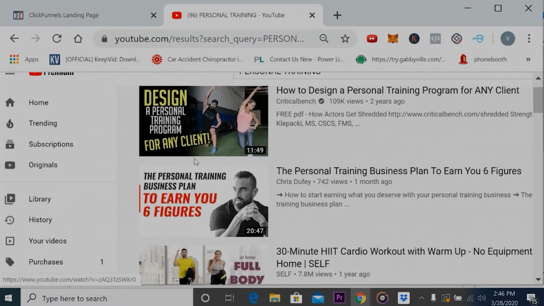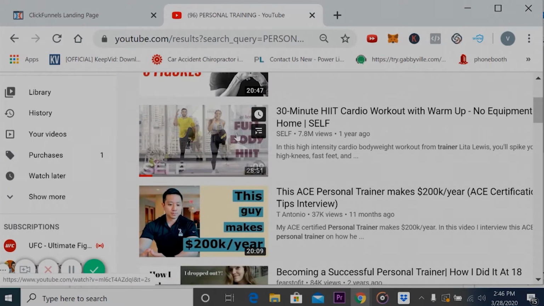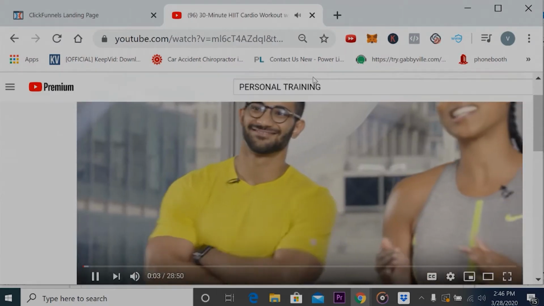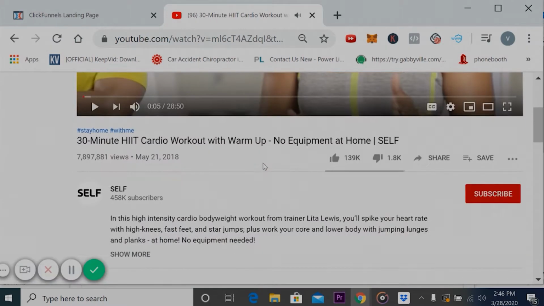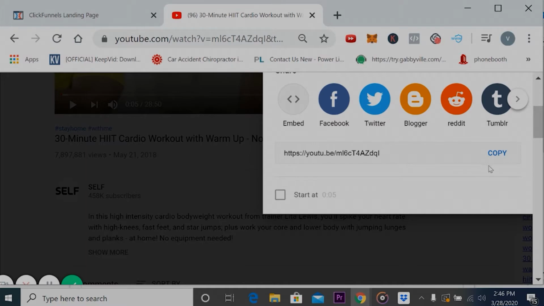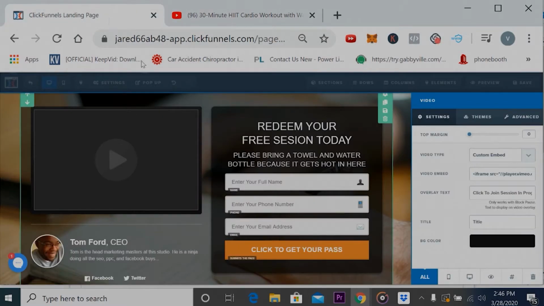But if not, go into something like here, and what you're going to do is choose the video. If you hit the share button, there's a spot here where you can copy the URL. So copy the URL, go back into your ClickFunnels, paste,